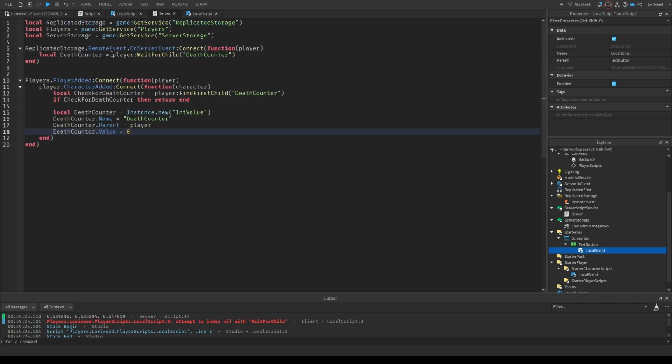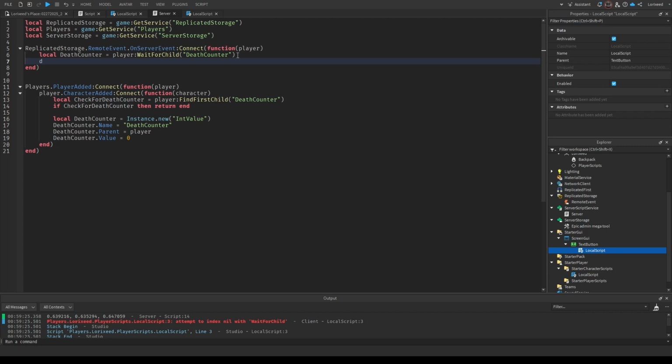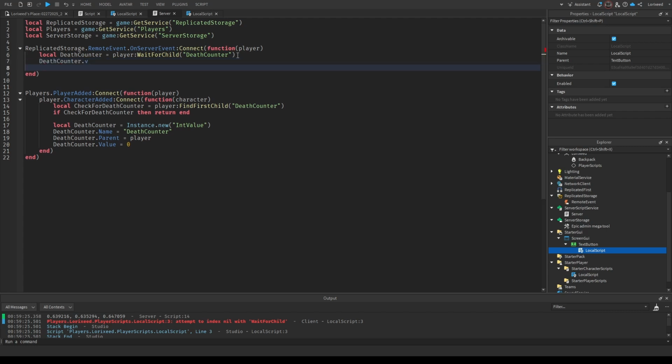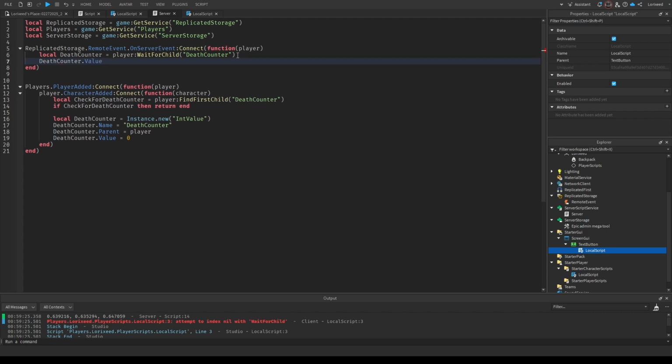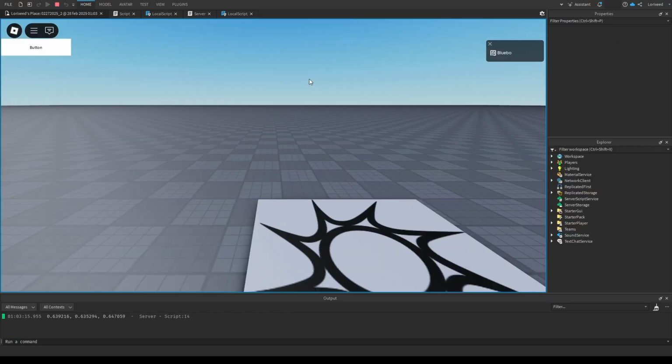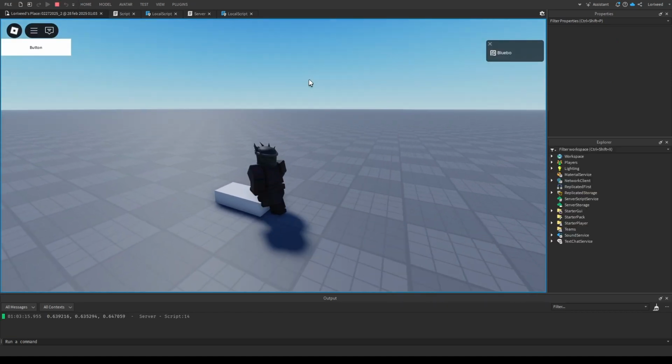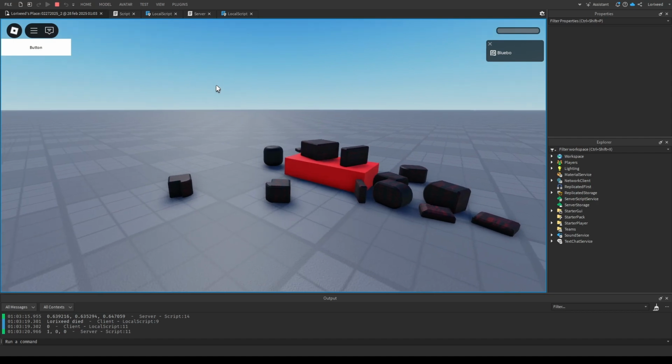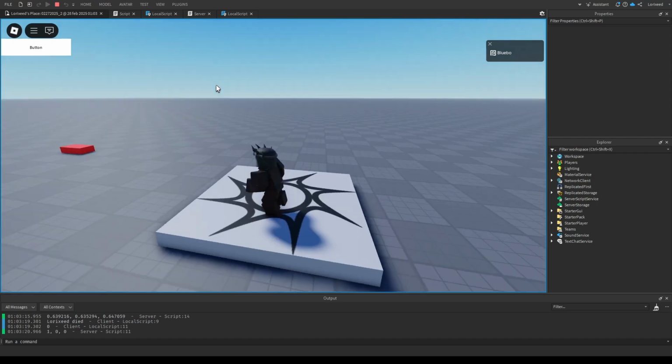And then we go back here, and we already have this here, right? So every time we get that, death counter dot value plus equals 1. Perfect. So now, when we go over here and die, 0, since it starts off at 0, and then,